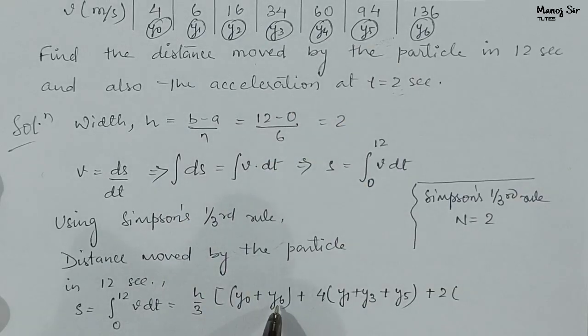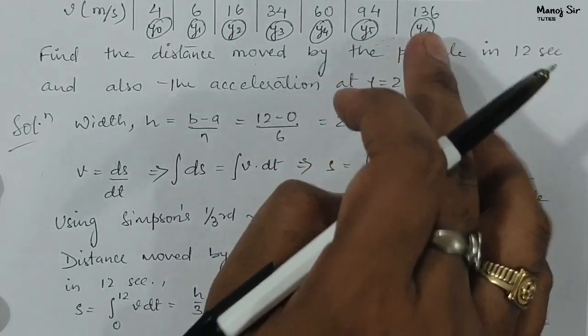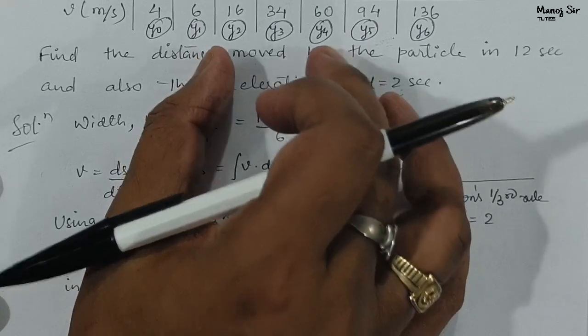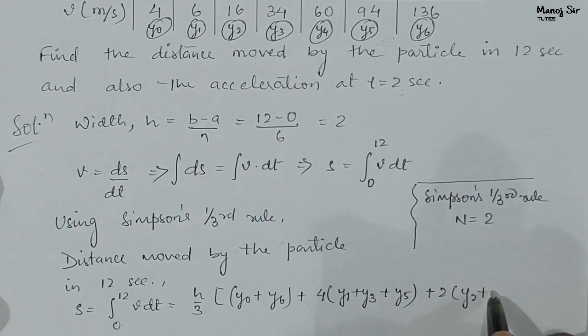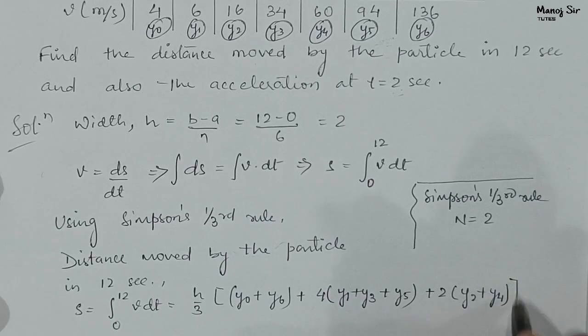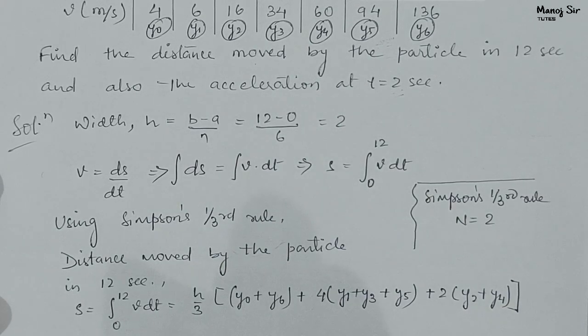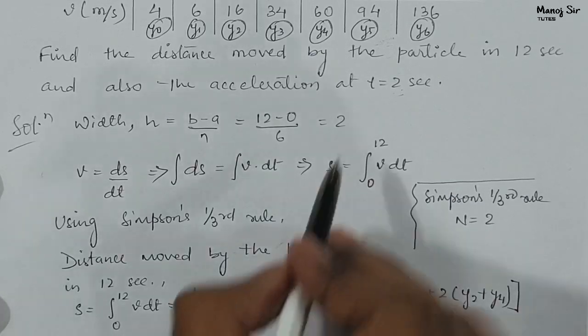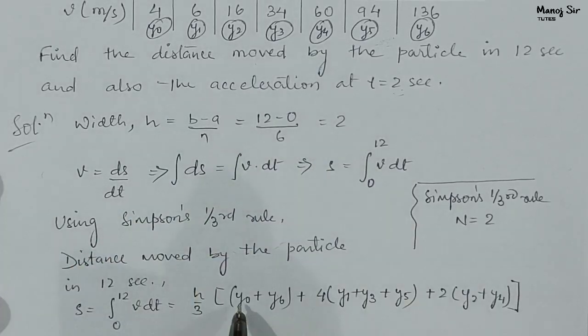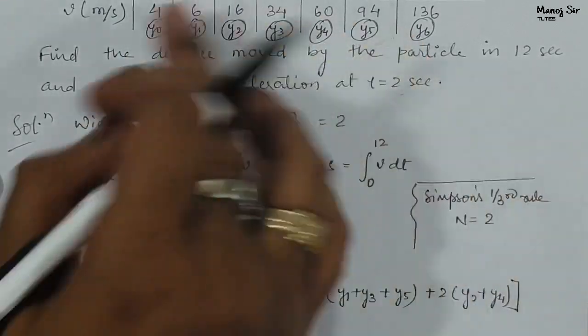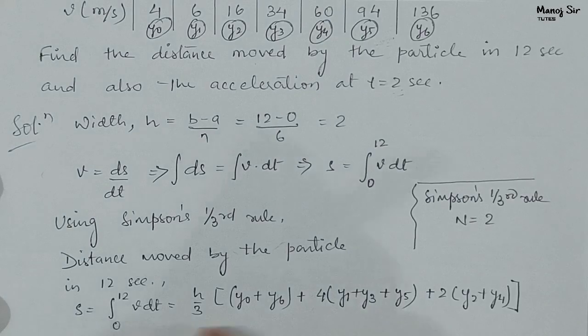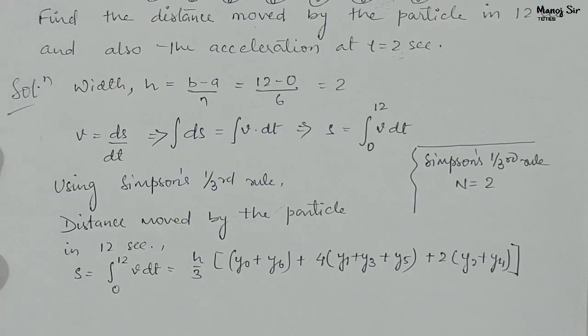But here again we have used y6 already, so we are not considering this. So we'll consider this 2 only, that is y2 and y4. So y2 plus y4. Now we are closing this bracket. Now in the next step we will put all the values, that is h equals 2, okay, y naught, y1, y2, y3, y4 up to y6. We have all the values here. So on putting the values here, you will get distance,